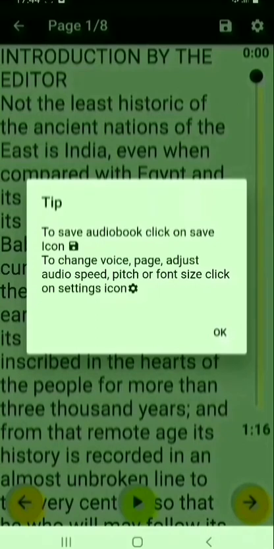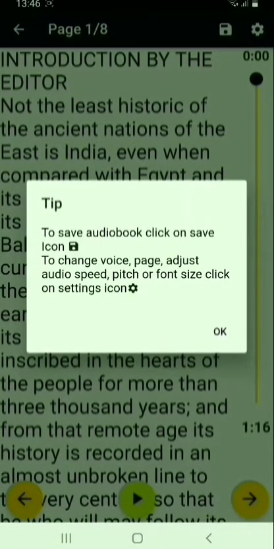So make sure you are connected to the internet while you are uploading a PDF file or photos. For docs and text files, an internet connection is not required. If you have used InstaReader before, you should have noticed that it is not asking for language. From this update onwards, InstaReader will automatically detect the language of the uploaded file, and it supports around 50 plus languages. The list of the languages supported is mentioned in this video's description box.